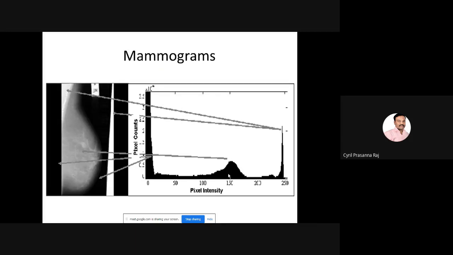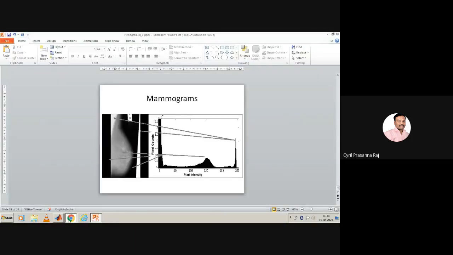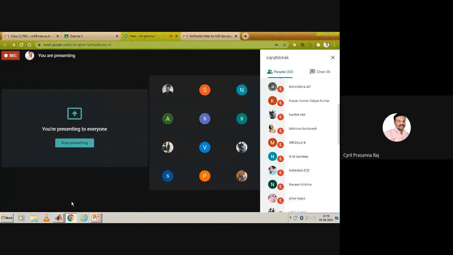Any other queries, students? Any other doubts, please let me know. Otherwise, I'll send you the programs and you can start working on it. What we are doing now is slowly getting into the mathematical aspects, and then slowly using these mathematical concepts to develop multiple image processing algorithms.